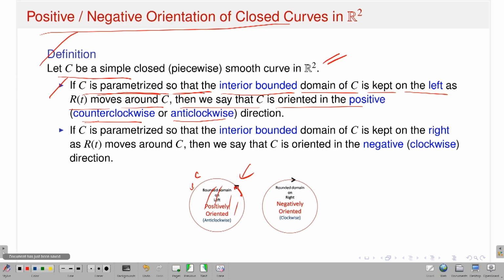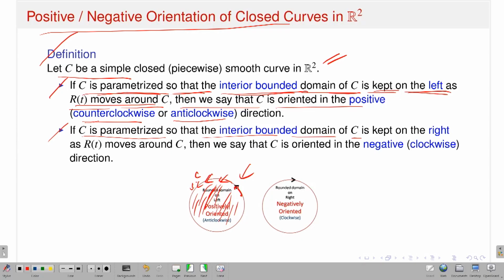Now R(t) should vary on my curve C in such a way that if I see the interior region bounded by my Jordan curve or simple closed curve, it should be on the left hand side. Then I will say that I am in a positive orientation. That is exactly what I have written. So, if C is parameterized so that the interior bounded domain of C is kept on the left as R(t) moves around C, then we say that C is oriented positively. That means, if I move in this direction, I will always have the interior bounded domain on the left hand side. Whereas, if C is parameterized so that the interior bounded domain of C is kept on the right,